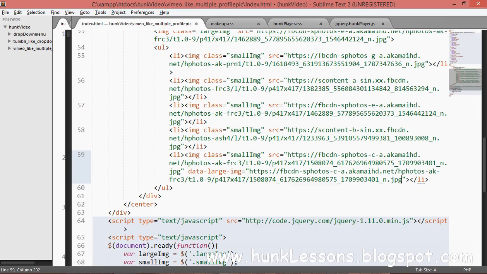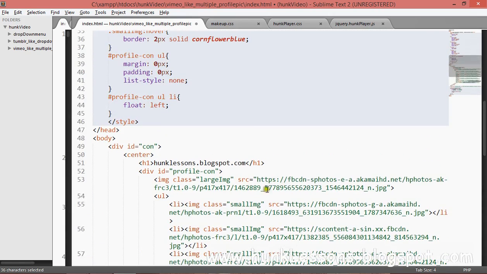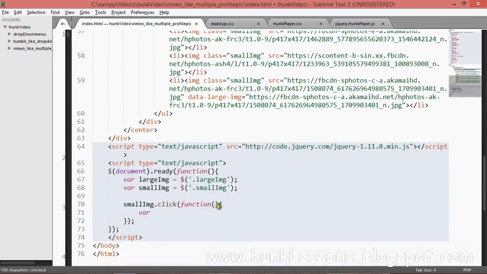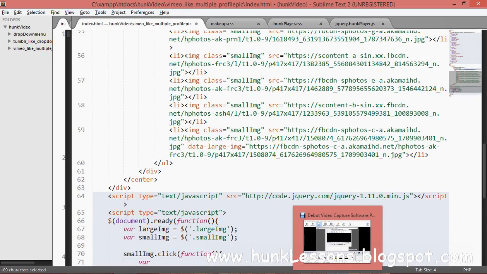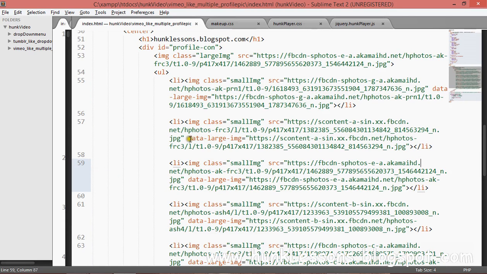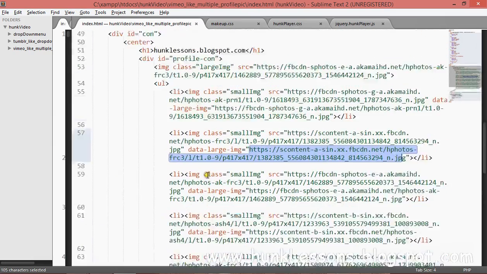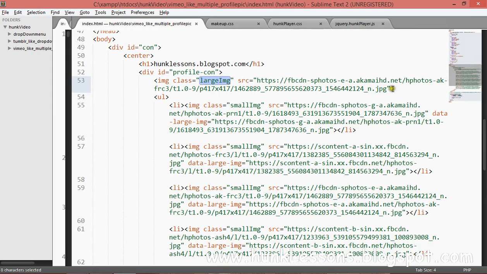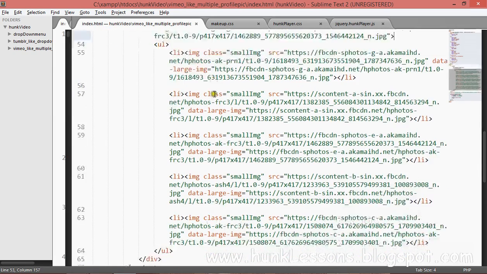That's why you should load a small image here and give a data attribute, and get that data attribute by jQuery or JavaScript, and paste the URL from the data attribute in the script. You got that? Okay, we will do that. I will pause the video and put all those data attributes in all the images. We have put all the data-large-image attributes in our markup. It's now ready, except the large image. There's no need to put a data-large-image attribute in the large image.